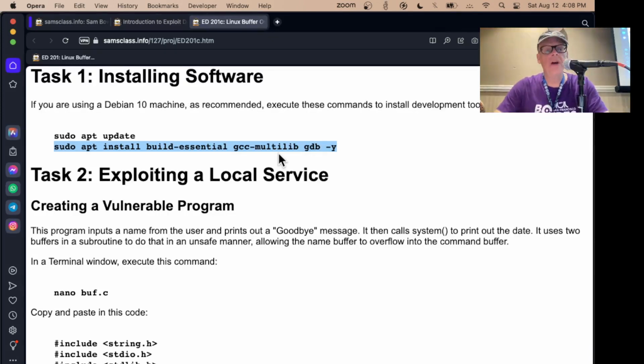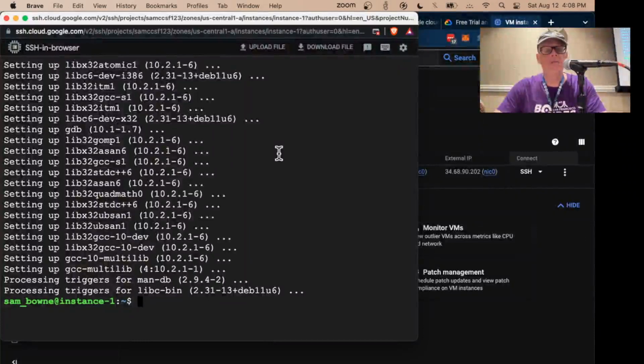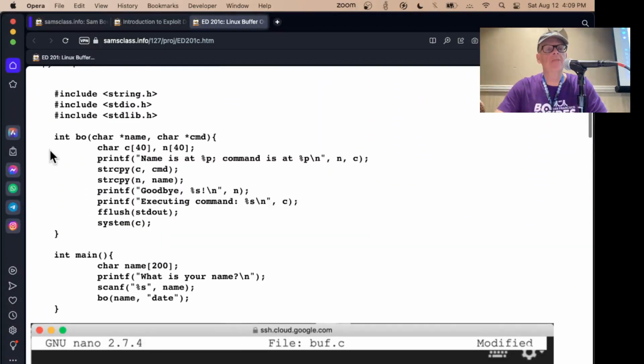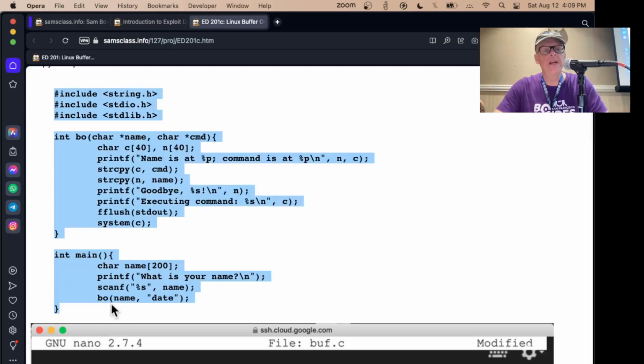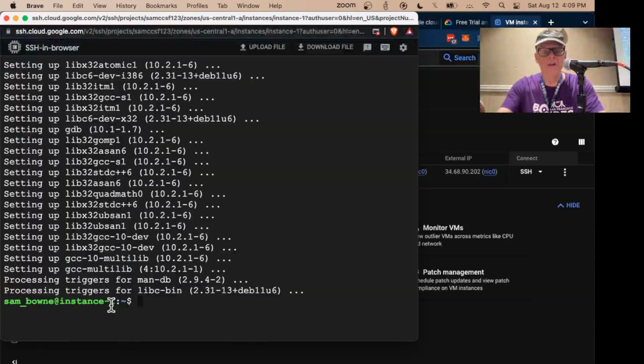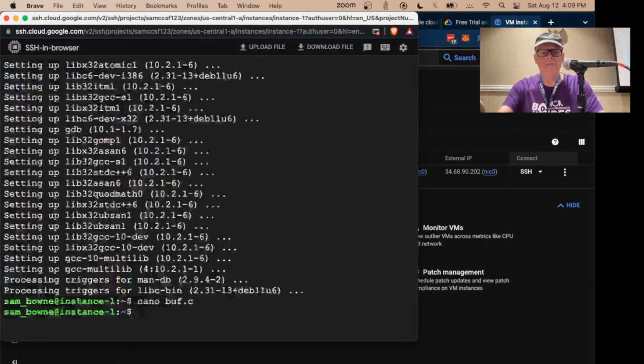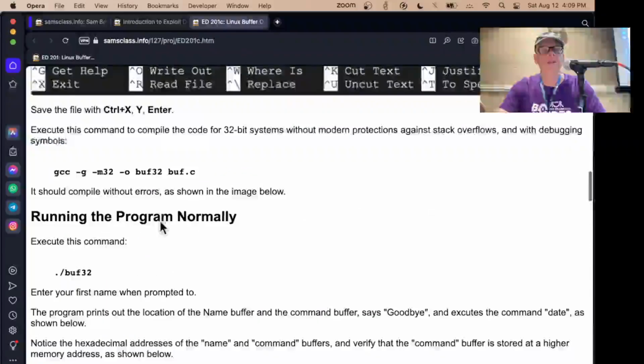which is what we want to do because we're going to start with 32-bit exploits, and then we're going to do 64-bit exploits. So we need a program to exploit, and here is a simple program with the vulnerability. Name it nanobuff.c, put in this code and save it, and then compile it to make 32-bit code, which is the -m32 here. This will make a 32-bit